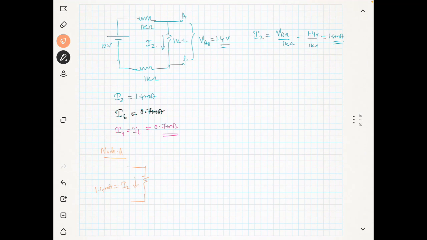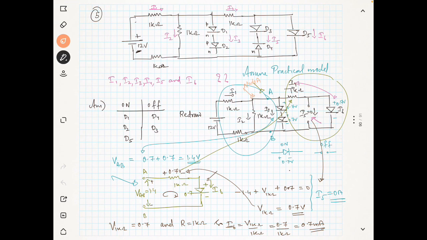It is going down, and there is some resistance here and some other part of the circuit. Now this is the node A. Now you know that the other current is nothing but